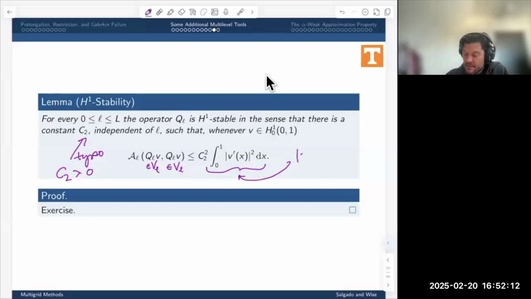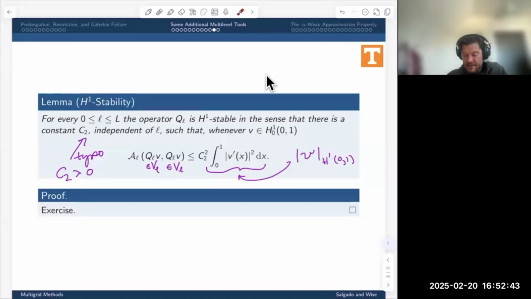Previously, we called this the H1 seminorm, H01 seminorm on 0, 1, right? And actually, the seminorm, we don't need this. The seminorm on this space is actually a norm via the Poincare inequality. All right, so